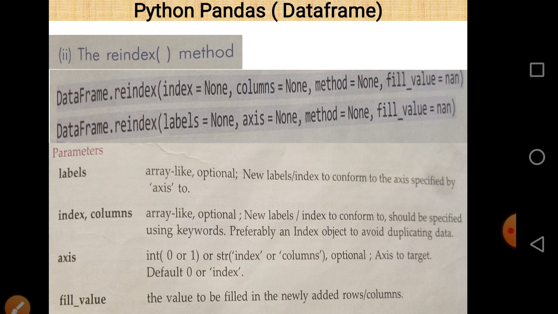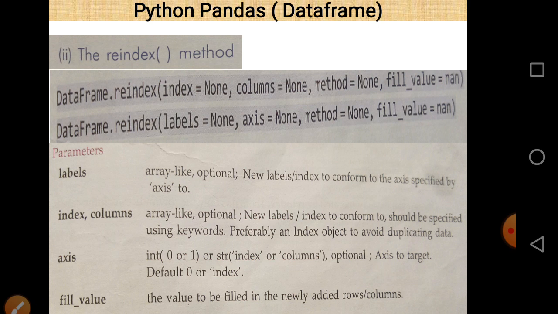So you can use either index or columns, or you can use labels or axis. Labels are array-like and optional, and index and columns are array-like and also optional. So you can use either index or column names, or you can use labels.